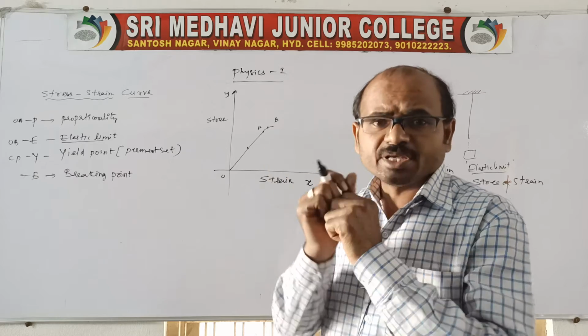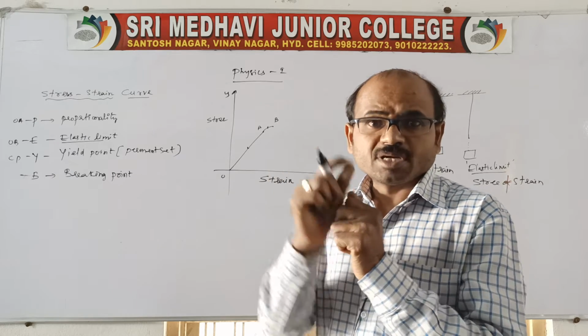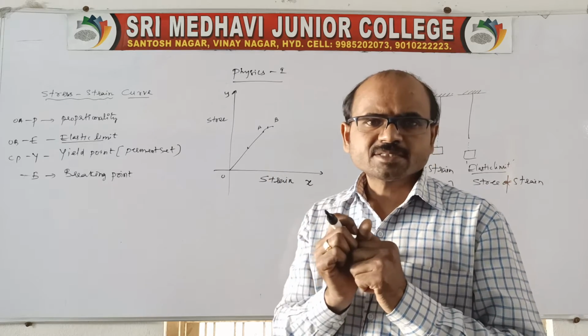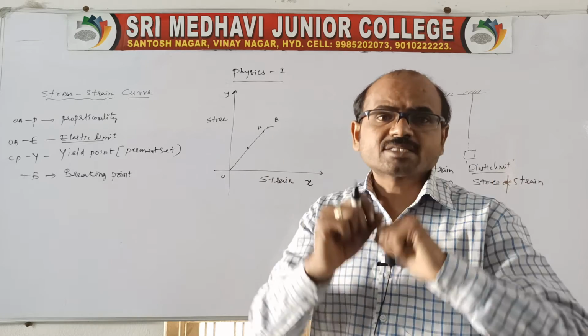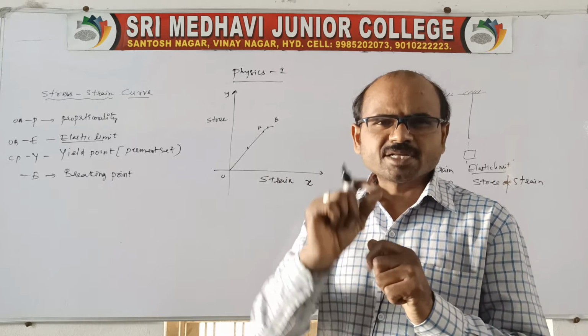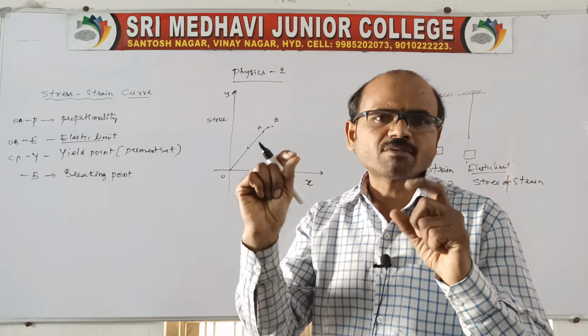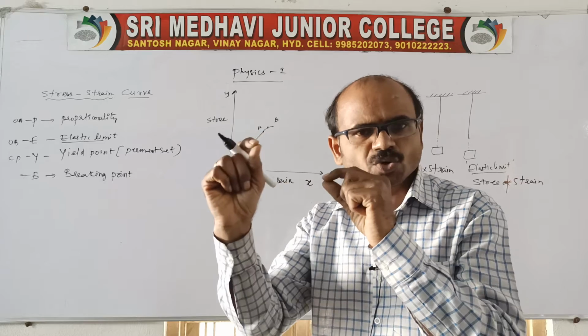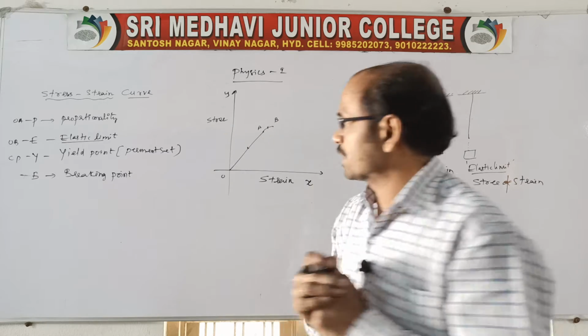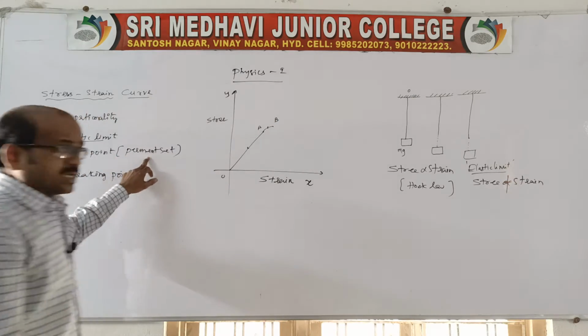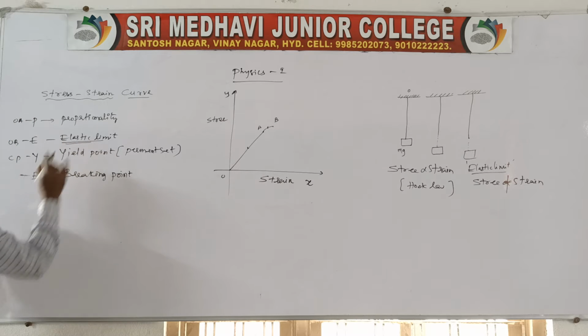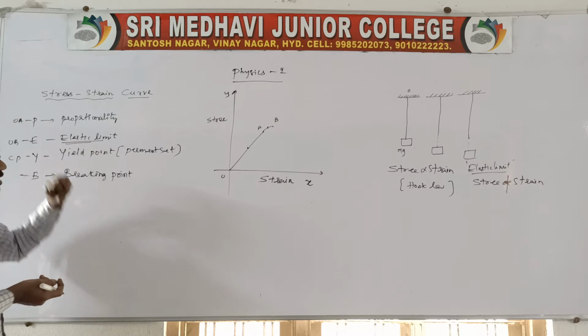So inside the material, the distance between the molecules increases, and there yield starts. Yield in the sense that further load is not required to be added, therefore it slowly sets to be permanent. We can also call it a permanent set. The yield starts at the elastic limit only. Yield will start at the elastic limit only.